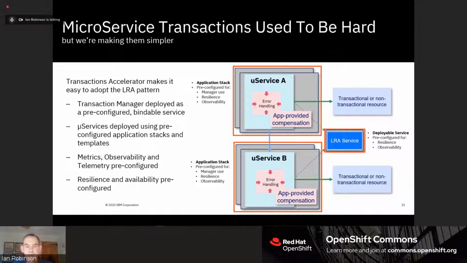So when you consider the additional things that you have to think about for adding transactions into the mix, we started off with a simple example where you have two microservices, A and B, and an LRA, long-running action transaction that spans between those.